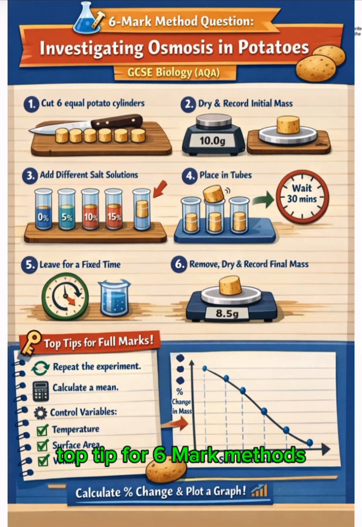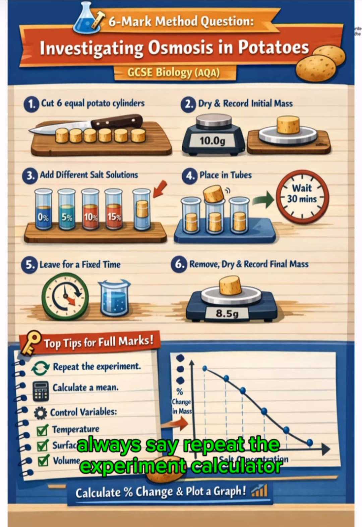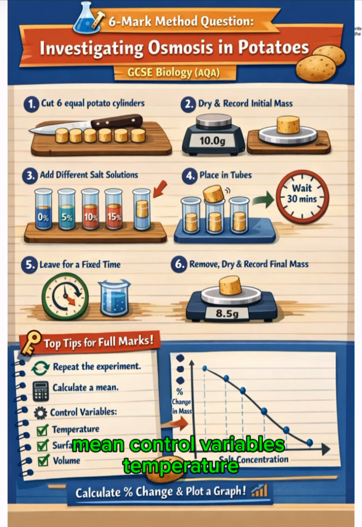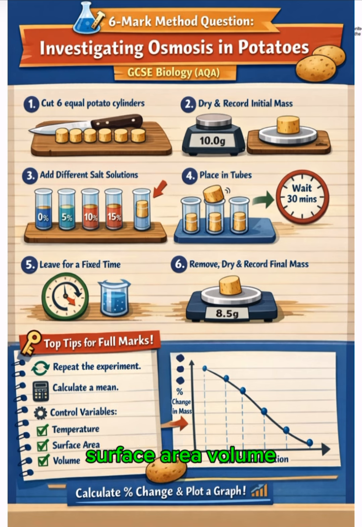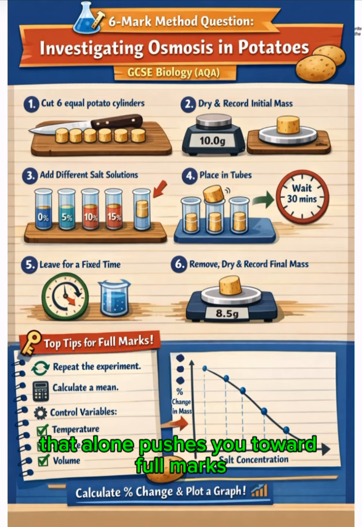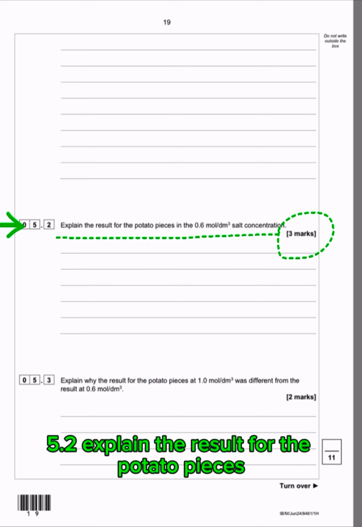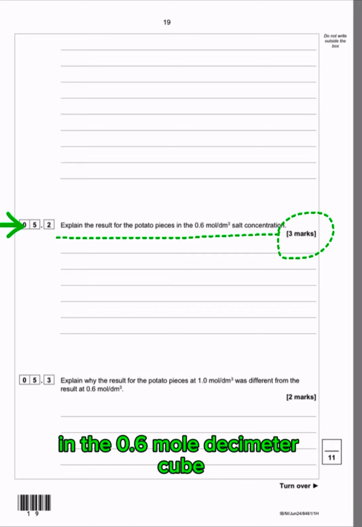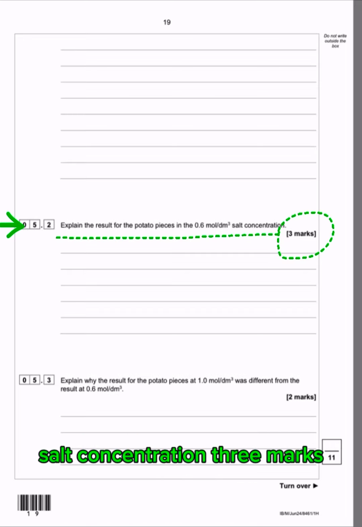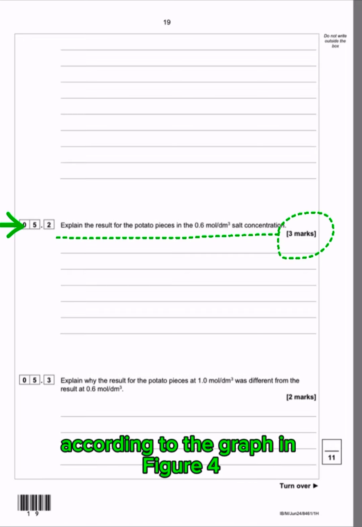Top tip: for 6-mark methods always say, repeat the experiment. Calculate a mean. Control variables: temperature, surface area, volume. That alone pushes you toward full marks. 5.2: Explain the result for the potato pieces in the 0.6 mol per decimetre cubed salt concentration. 3 marks. According to the graph in figure